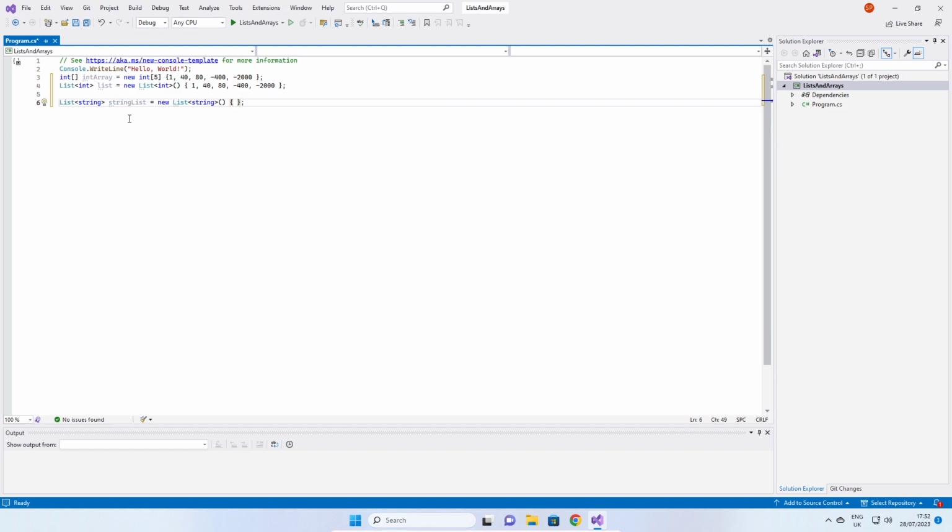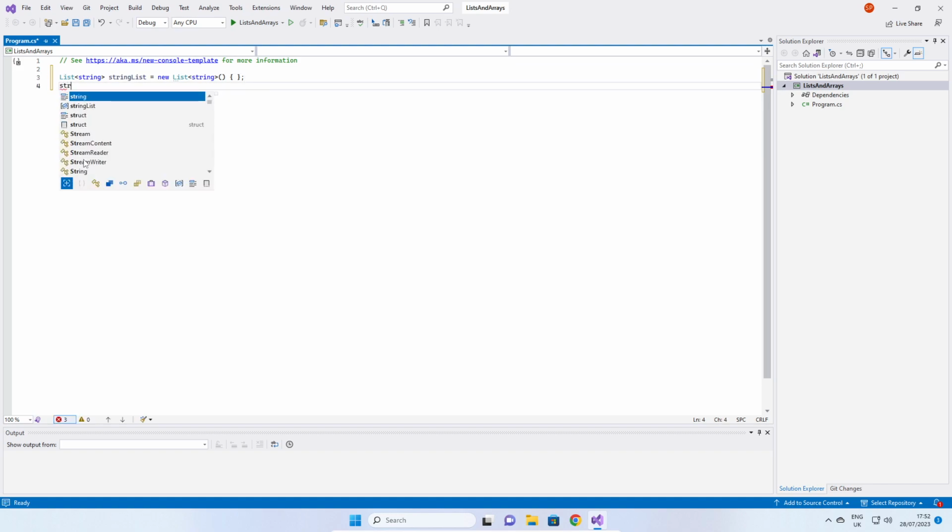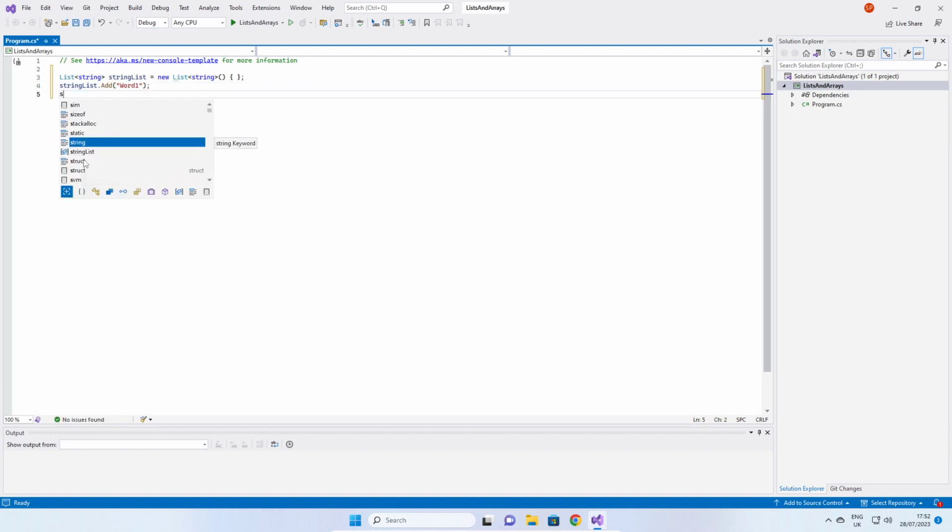Now, the only thing that's really left to cover is adding new items to a list. We've done removing, but I skipped over adding. So let's start with an empty list. I can do string list dot add, string list dot add,